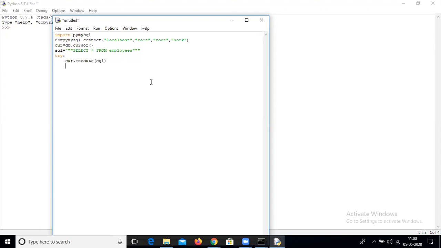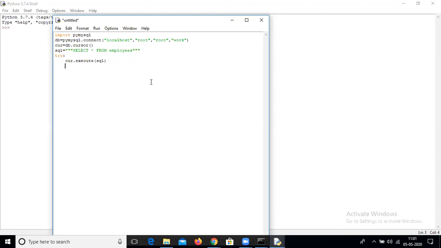The whole data that was inserted into the table is now pointed to by the cursor. Everything is inside the cursor cur.